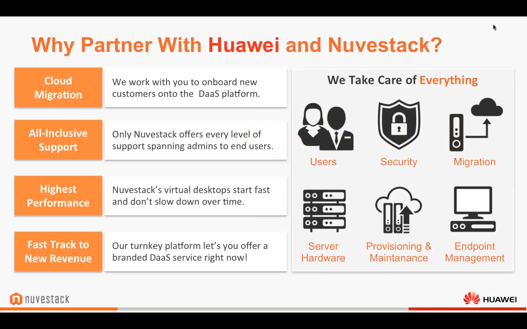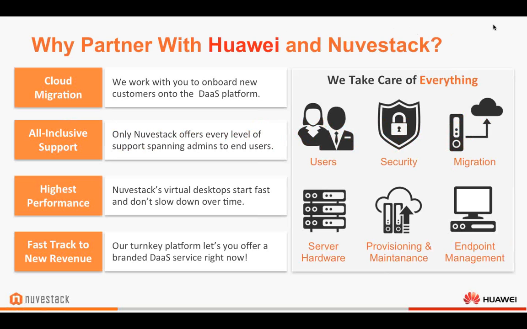Let's get you guys going and talk about how we can do that. This final slide here almost echoes what I was saying before. Allowing us to help you onboard customers and migrate your customers to cloud is exactly what we're doing, and we're going to make it absolutely easy. Let us take the heavy lifting and the burden off.